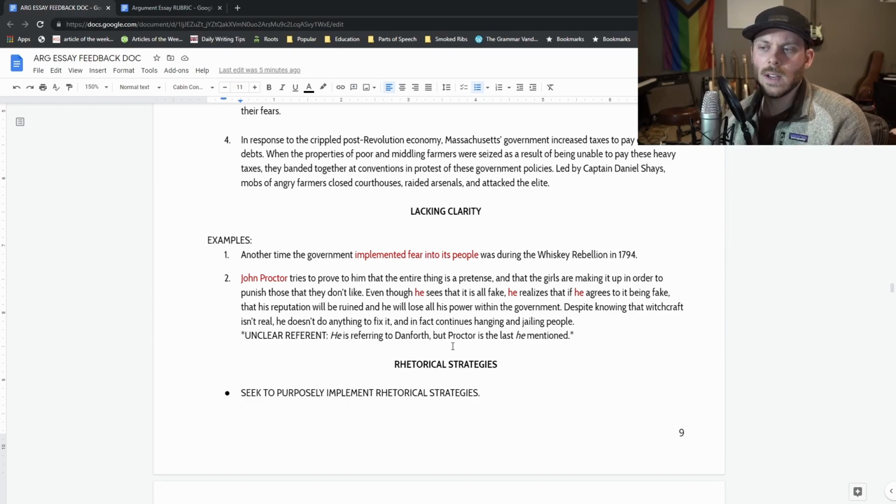This second one got a little difficult because, as you can see here, I made the note: there's an unclear referent. It's not clear who the pronoun "he" is referring to, though I could figure out after some time that it was referring to Danforth. And this is what confused it. This starts off by saying, "John Proctor tries to prove to him that the entire thing is a pretense